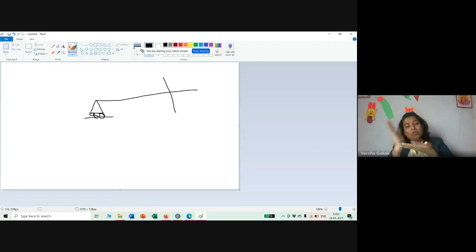Similarly, rotation also is possible, right? The only direction it is not allowed to move properly is the vertical direction, because at the bottom there is some support and then there is roller. It can't move up and down. So that is why when we talk of rollers, the number of reactions in a roller is vertical, R equal to 1, because it is not allowed to move in downward direction. Upward it can go, down it can't go. So both I have to check. Whereas in horizontal, it is allowed to move both ways. So we have only one reaction, that is the vertical reaction, in case of a roller support.